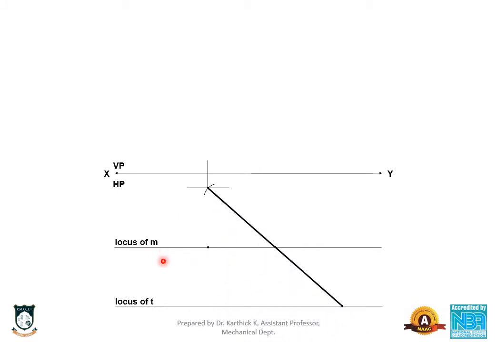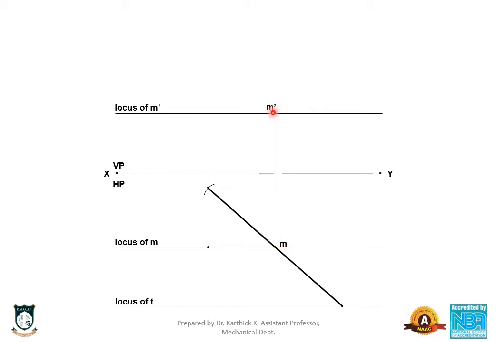Okay. What is the next step? We know the midpoint M dash length also. We know the distance of M dash, that is 40 mm from the reference line. This is point M. We already know this is point M, and this line is called as locus of M dash. So from point M you have to draw a vertical line where it intersects with this locus of M dash, and this point is known as M dash and this point is known as M.